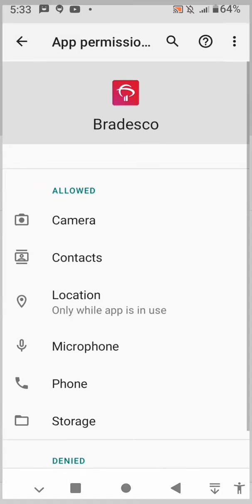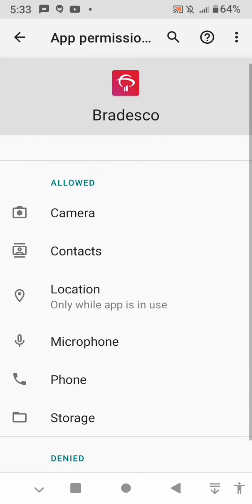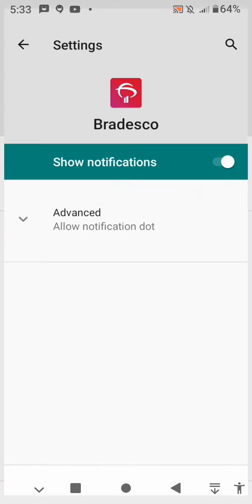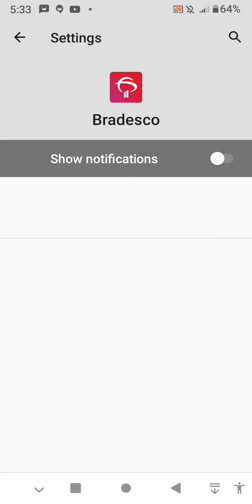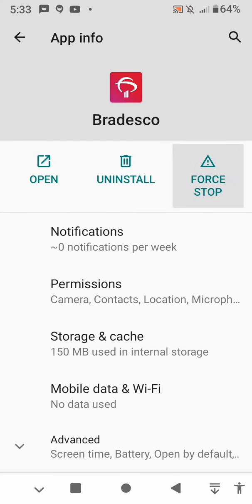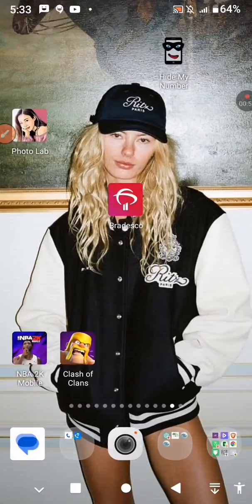Now go back. Make sure every permission is allowed after tapping on permissions. So now tap on notification and make sure the show notification is still turned on. It's very necessary. Then lastly, tap on force stop. Then you tap on OK. Now let's go to our